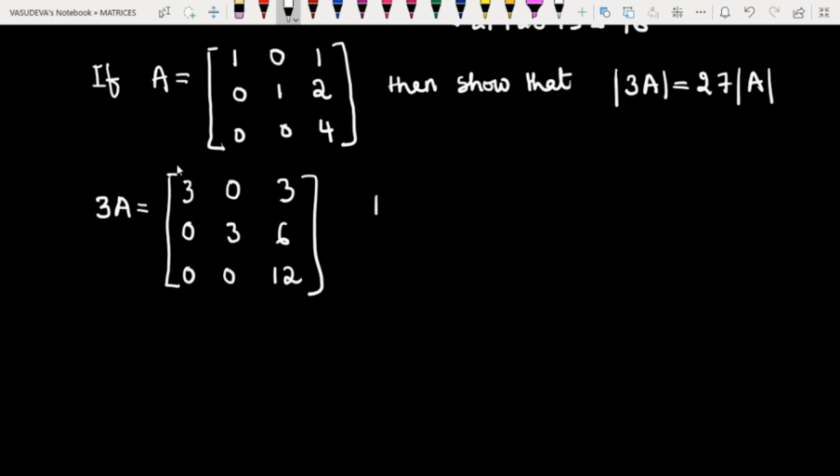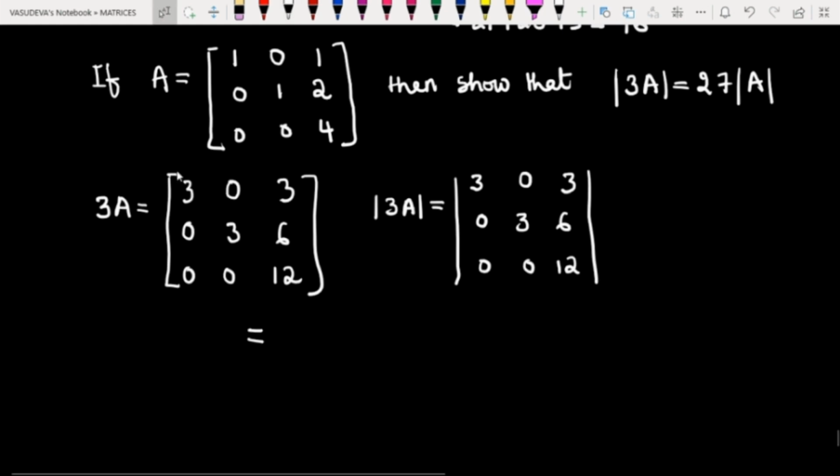Now we have to take the determinant of 3A. So the determinant of 3A is the determinant of 3 0 3, 0 3 6, 0 0 12. Now the third row contains the maximum number of 0s, so it is better to expand along the third row. What is the sign scheme associated with the third row? It is plus minus plus. So I am taking the 0 element first with plus, then minus 0, and plus